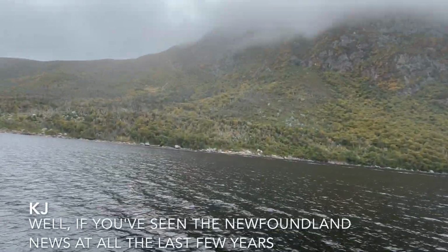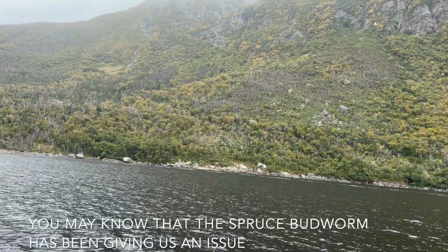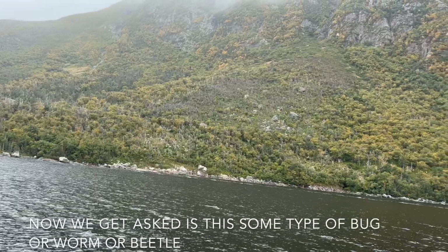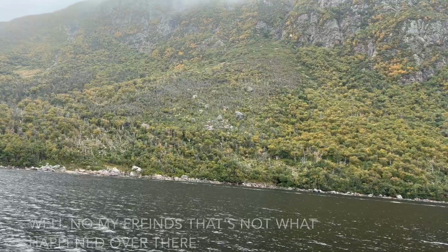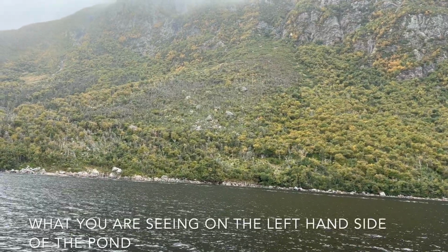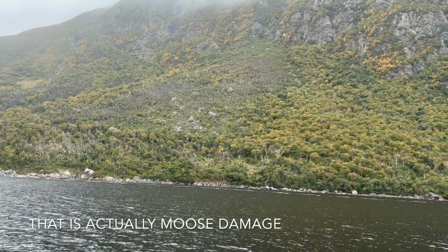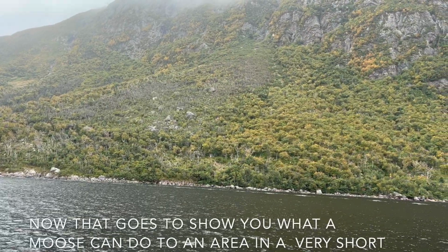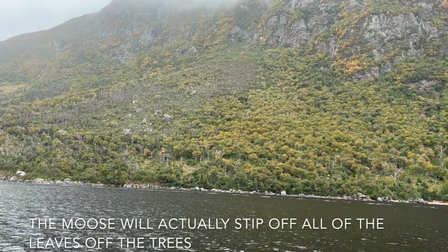Well, if you've seen the Newfoundland news at all the last few years, you may know that the spruce budworm has been giving us an issue with a problem. Now, we get asked, is this some type of bug, or worm, or beetle? Well, no, my friends, that's not what happened over there. What you are seeing on the left-hand side of the pond is actually moose damage. Now, that goes to show you what a moose can do to an area in a very short amount of time. The moose will actually strip all of the leaves